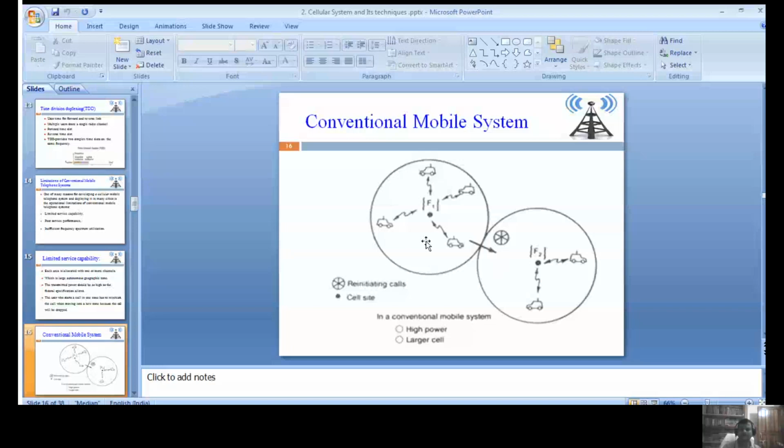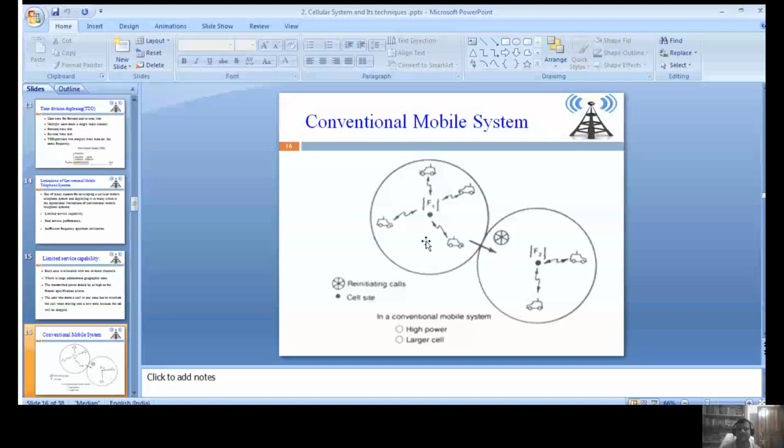In the MJ system, how many customers are on the waiting list? 2,400. That is, the channel is unavailable. For the MK system, 1,300 customers are waiting. That is, the channel is not available. While we are waiting, the efficiency automatically decreases. That is 320 served versus 2,400 waiting. This is a problem in mobile communication.